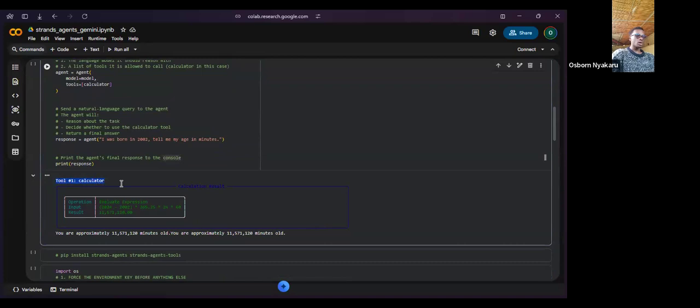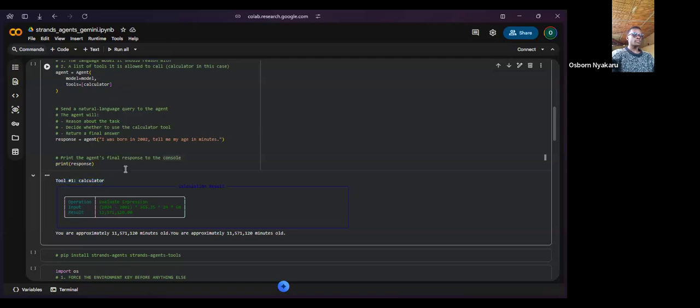But because we're using one particular tool, it's basically going to display that one. For other models which are more powerful than Gemini, it would describe the steps and provide a more detailed description before actually calling the tool.